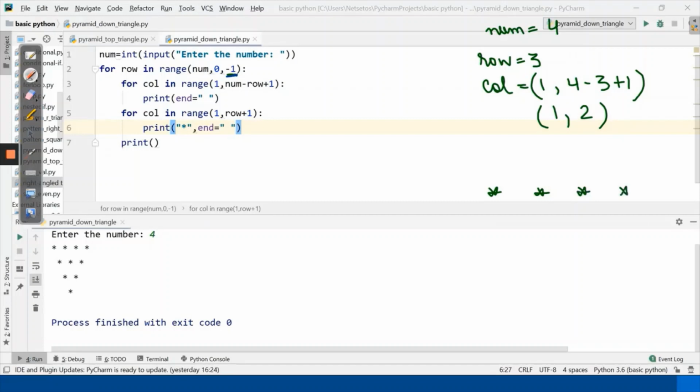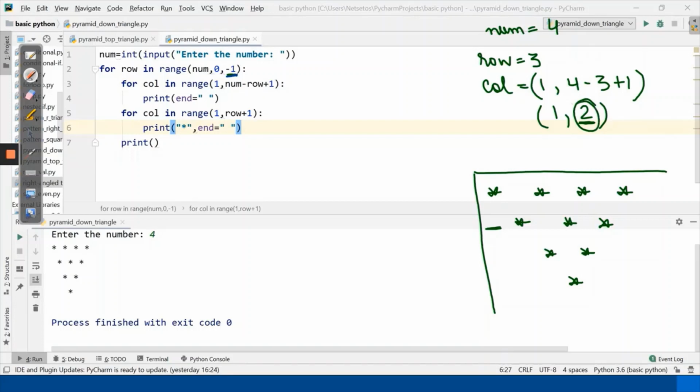I will make the star pattern as it is here in the output. So for the first time it was 0. Now it will run for one time because the stop is 2, and it won't be executing further.